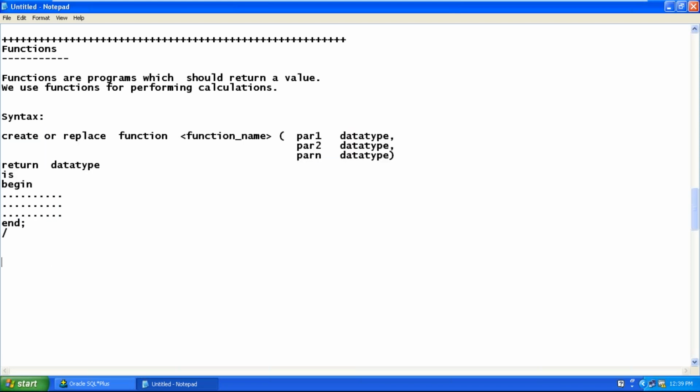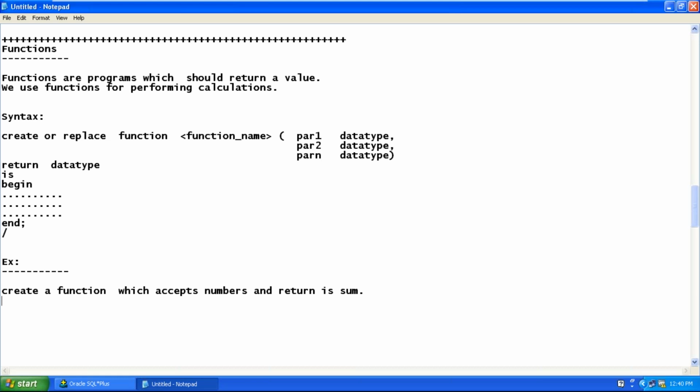Syntax. Let's frame an example. Create a function which accepts two numbers and returns their sum. I want the function to calculate two numbers and return the sum. So Jamal, please guide me in the code. Very simple, almost the same. Looking at the syntax, I want you to frame an example.